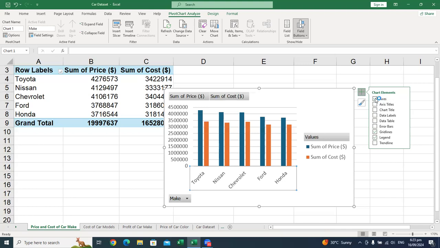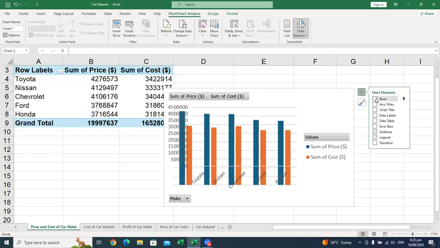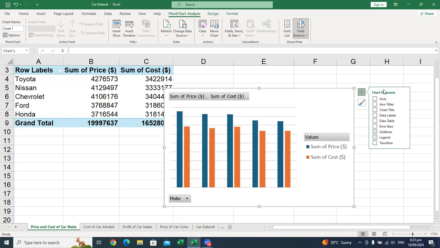So let me even unclick them and then let us see what will happen. Let me remove it. Right now, I've removed it. So can you see? Right now, on the left, no axis. At the bottom, no axis. If you present your data right now, leaving it in this way,